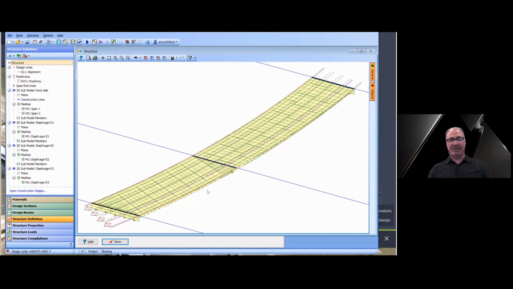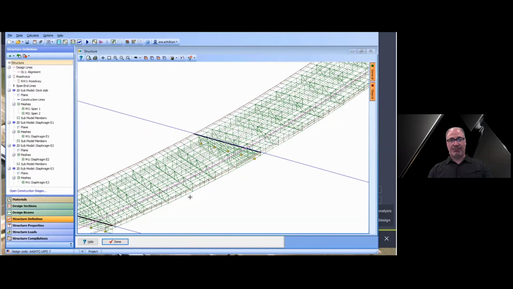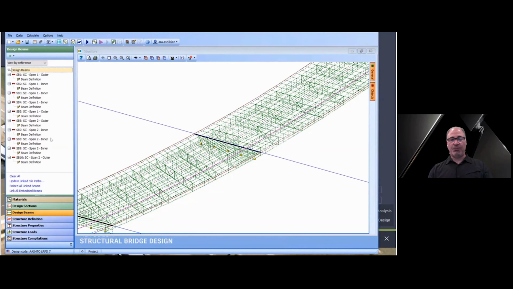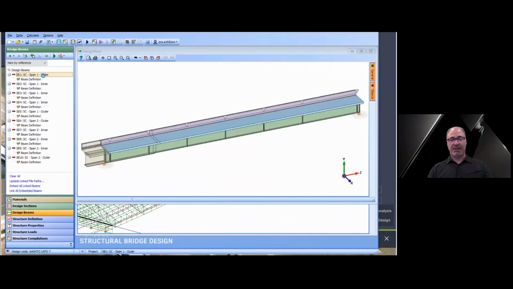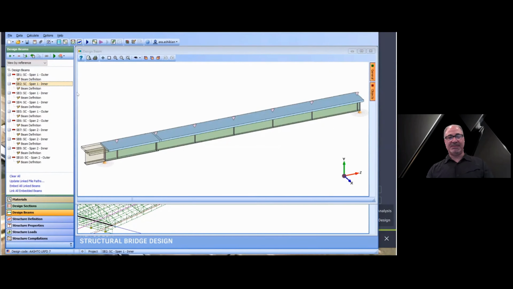So in this case, we can see the FE model and all the analysis representation of the cross frames. Bear in mind, in InfraWorks, they are far more detailed. The parametric cross frames have all the eccentricities and gussets and so on. But when you create an FE model, you're taking the essence and the layout and bringing that into the model. You can see here that the beam elements reflect the spacing and dimensions that are in the physical model.